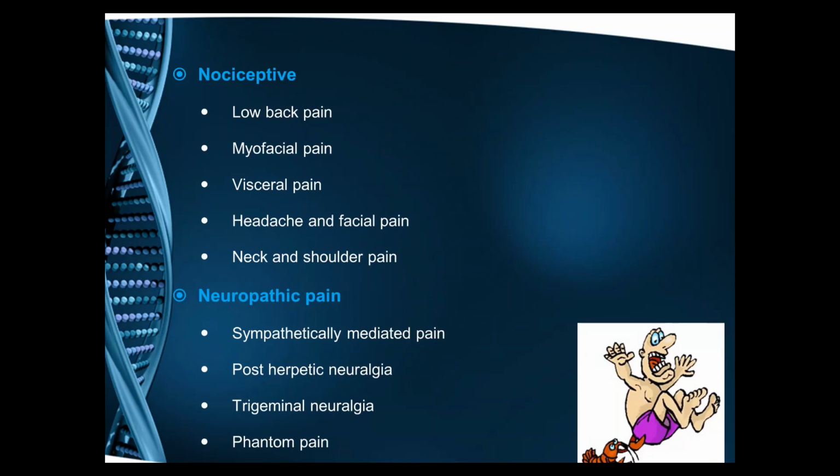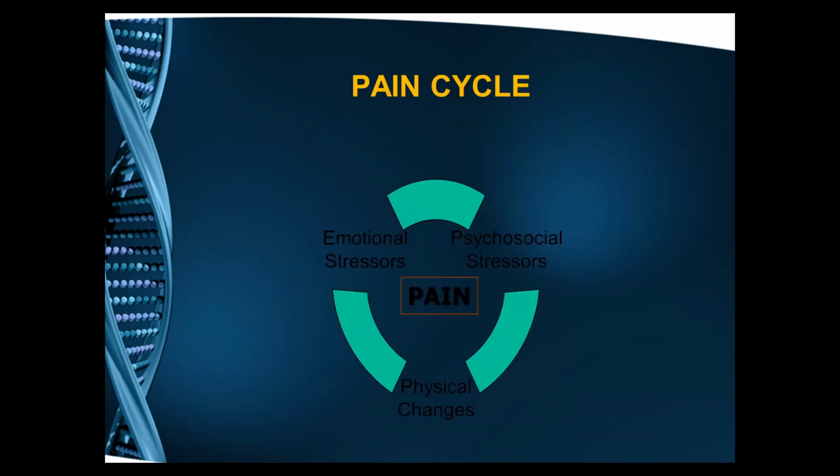This is the common cause or origin of nociceptive pain and also neuropathic pain. You can see maybe a few patients, for example, trigeminal neuralgia, phantom limb pain in orthopedics, CRPS, and so on. But having said that, cancer pain is sometimes mixed, with nociceptive pain and neuropathic pain. Okay,